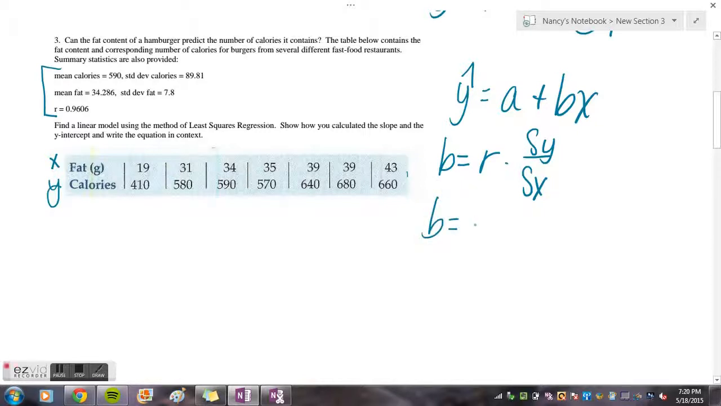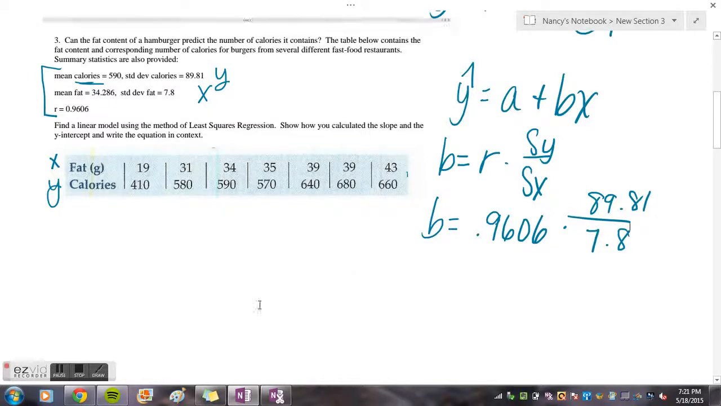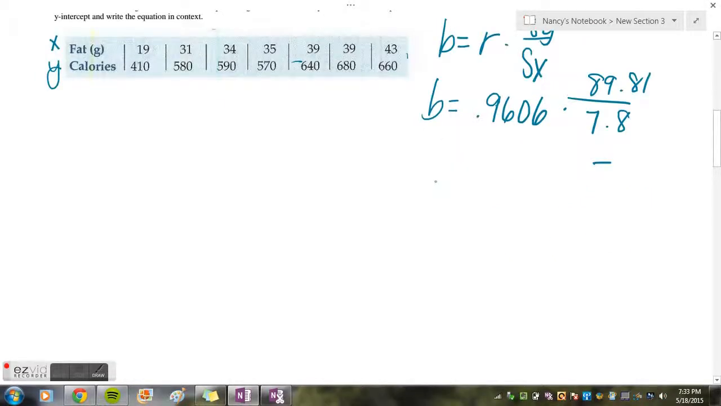So b equals r, 0.9606, times the standard deviation of y, and you can see that this is y and this is x because this is the calories and this is the fat. So you have 0.9606 times 89.81 over 7.8. And that gives you b equals